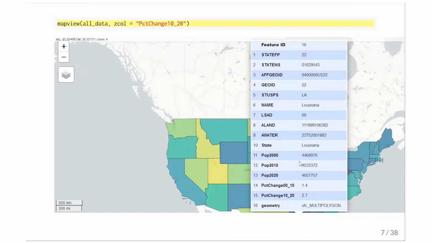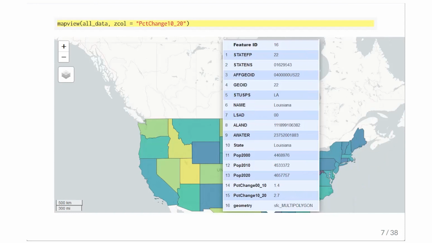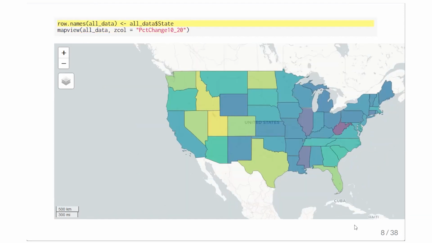That pop-up is customizable, which I'll get to in a bit, but for data exploration, you get all this built in without having to say that you want rollovers and pop-ups. That feature ID as the pop-up title, by the way, comes from the data's row names. If your data set doesn't have row names, you get the row number. If you add row names to your data set with base R's row names function, you'll get a better table title.